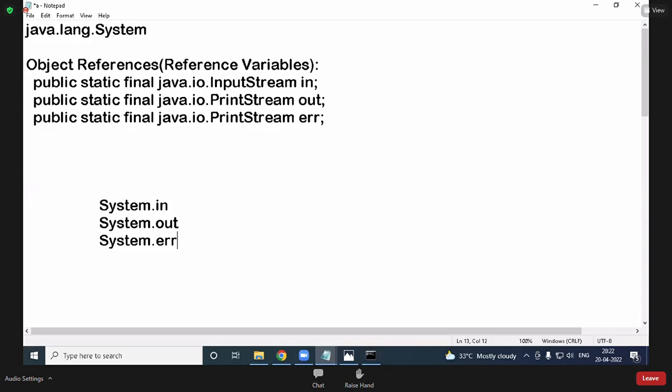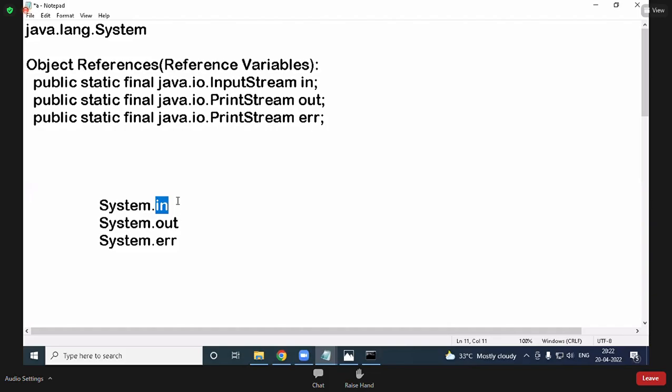I'll explain. Now, System.in, System.out, System.err. Because static, these all are static. Now, using in, which class methods can we access?